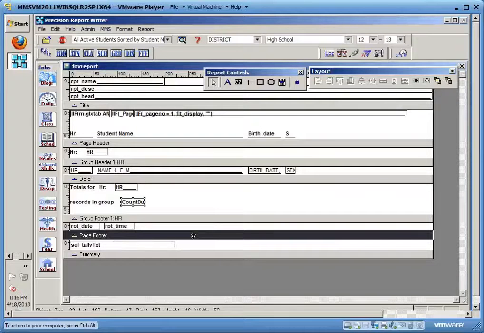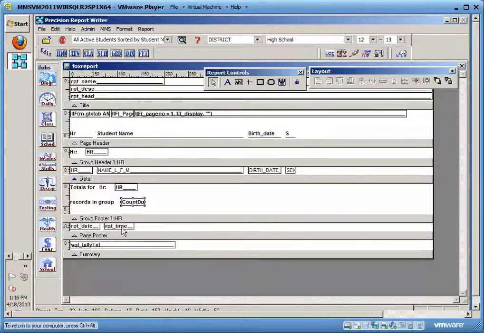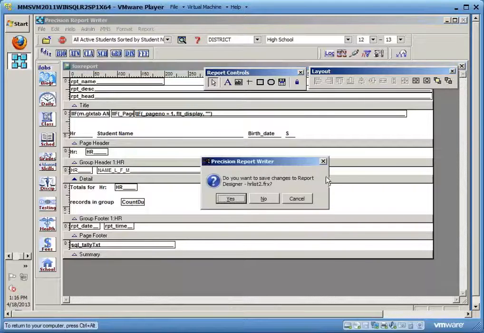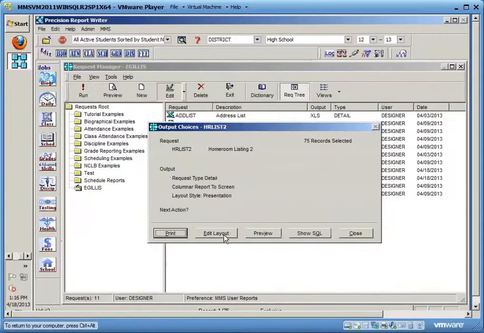The page footer is visible at the bottom of each page. That would be the date and time of the report. And then the summary is visible on the last page of the report, and that gives you a total count of the records included in the report. So if I close out of here and look at my report again,